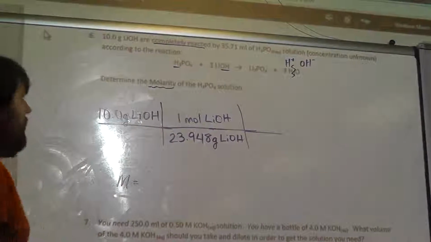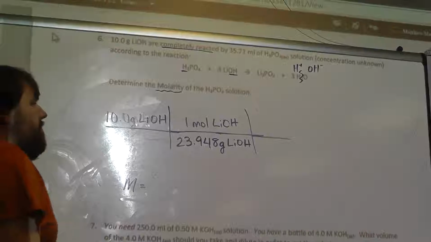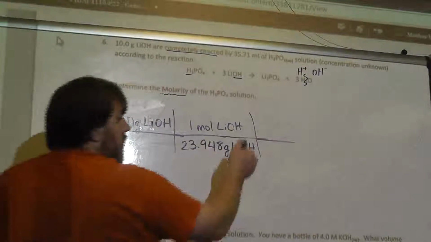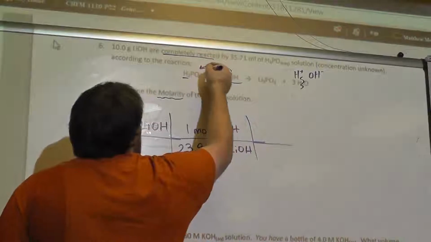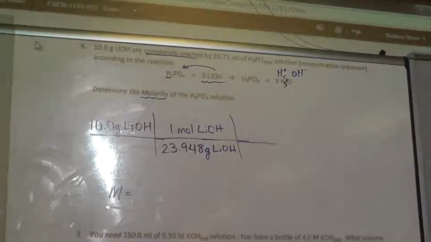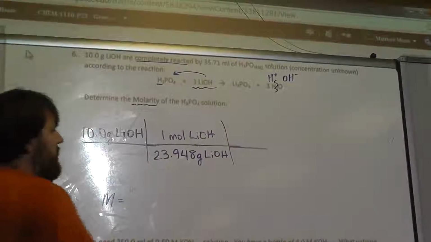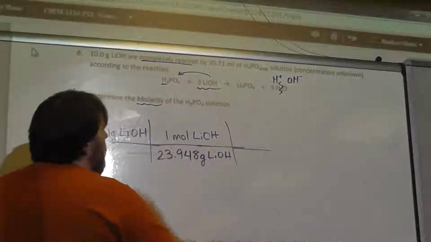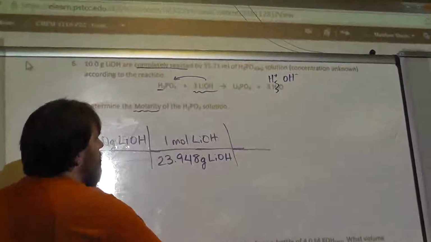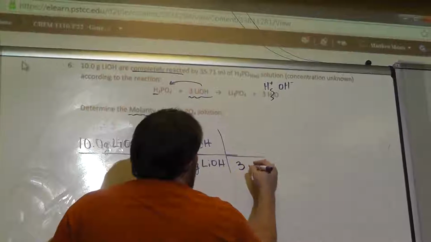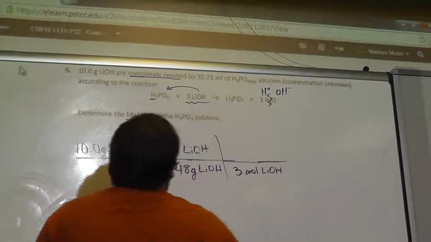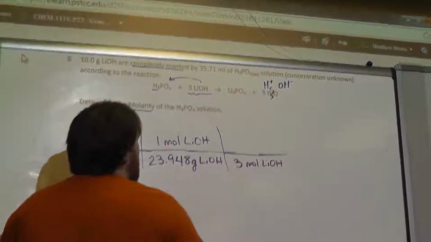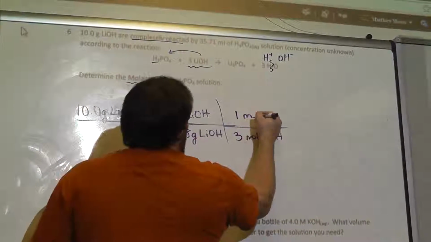Now we want to use our balanced chemical equation to get from lithium hydroxide to your phosphoric acid. So everyone see that? And I can do that once it's balanced. So what's your coefficient for your lithium hydroxide? 3. So for every 3 moles of lithium hydroxide, what's the coefficient for your phosphoric acid? 1. 1 mole